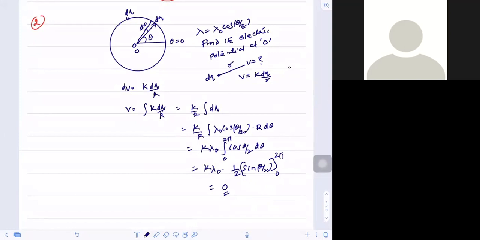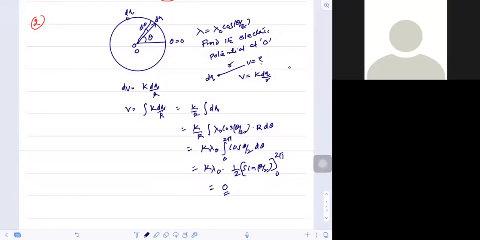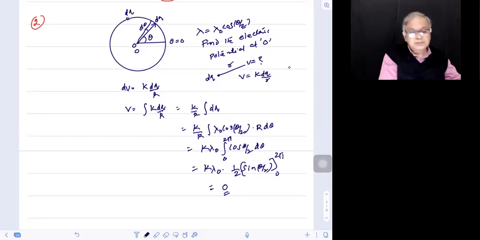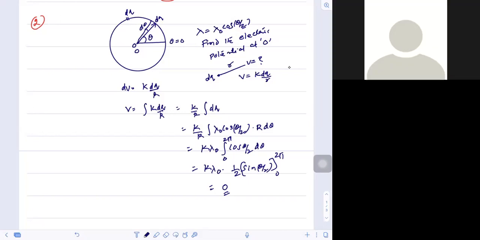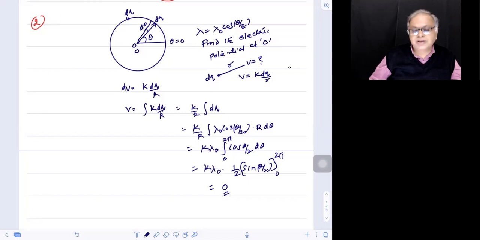Sir, in the diagram, till 180 degrees it will be positive, and after 180 degrees it will be negative. Because theta by 2 is there, at pi it will be pi by 2. Yeah, sure. So we could have guessed it intuitively without doing all this, isn't it?